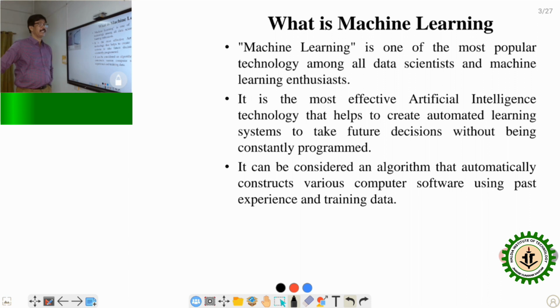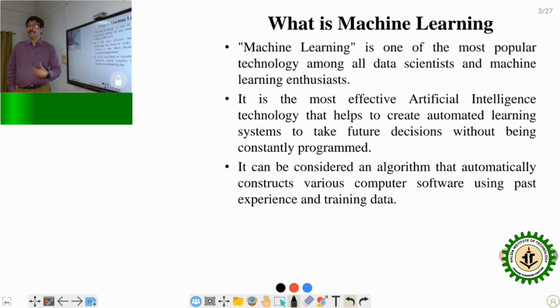Now what is machine learning? What is written here is that machine learning is one of the most popular technologies among all data scientists and machine learning enthusiasts. It is the most effective artificial intelligence technology that helps to create automated learning systems to take future decisions without being constantly programmed. It means that it is not like a traditional programming approach. It is the approach where data has to be trained. First data has to be pre-processed, then data has to be trained, and once the data has been trained, that training data can be applied to the new set of data, that is the testing set of data,